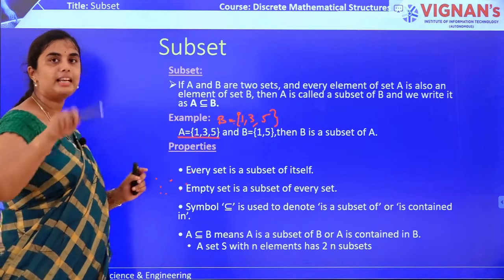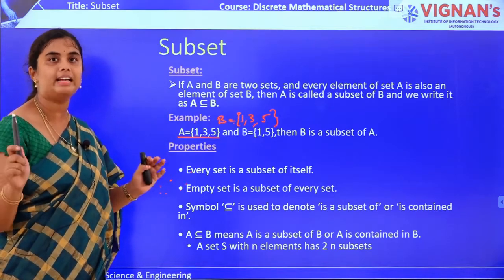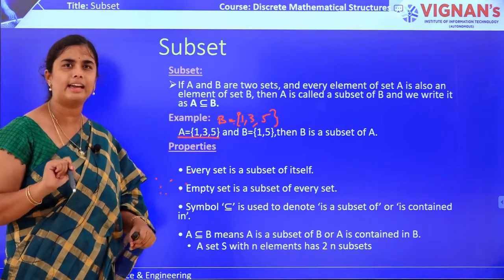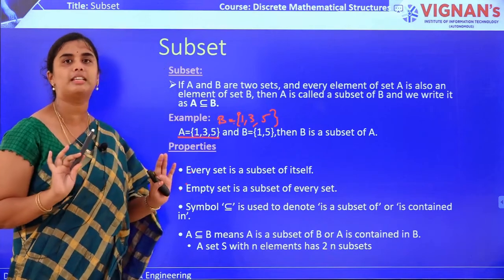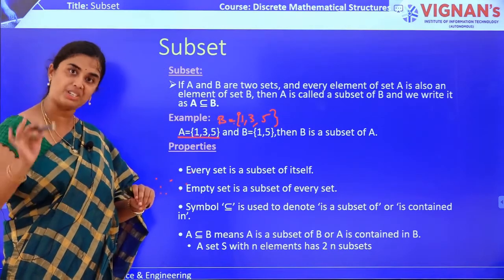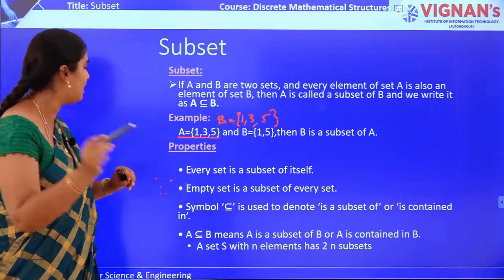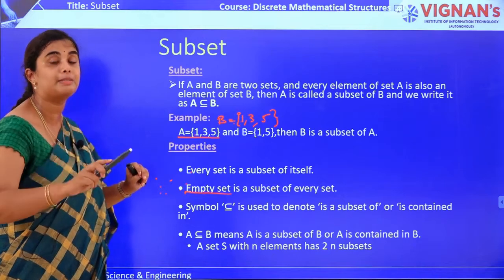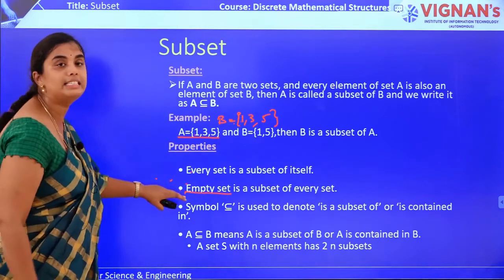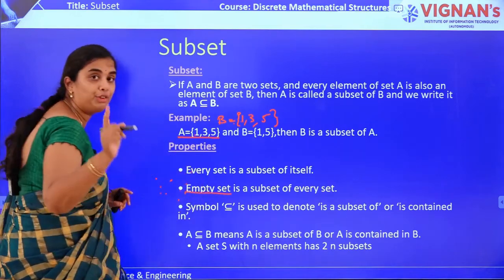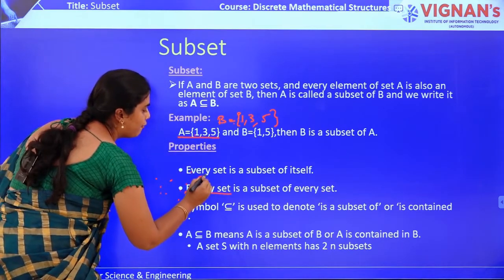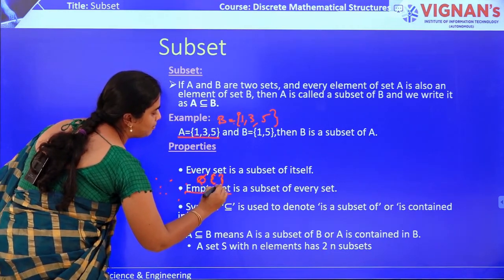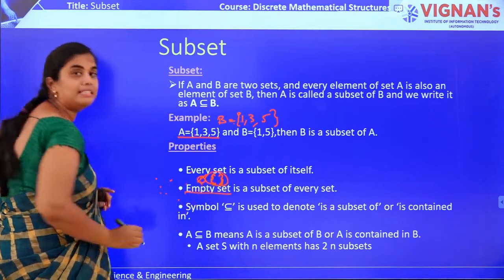If you imagine this room as a set, then air is also present in this room. But can you see that air? You can't say that if I am unable to see the air, then it is not present in the room, but actually it is present in the room. Similarly, though an empty set does not contain any element, it is a subset of every set. This is the second property. An empty set, if you recollect, is denoted by the symbol phi and it does not contain any elements.